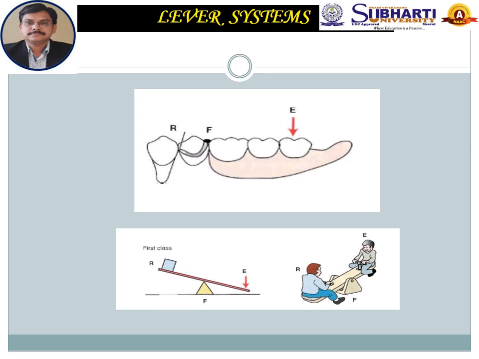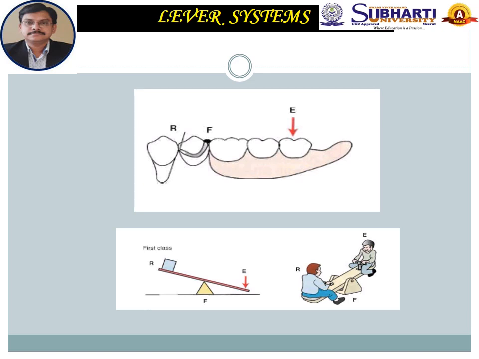Now this R point is inside the undercut because it is a clasp. So the clasp tip has to be inside the undercut. So what will happen if this clasp is inside the undercut and the force is to upright? It will try to exert undesirable force onto this natural dentition, and this natural dentition will slowly fail. It may start getting periodontally degraded. So distal extension cases of RPD often give a leverage of class 1 lever.